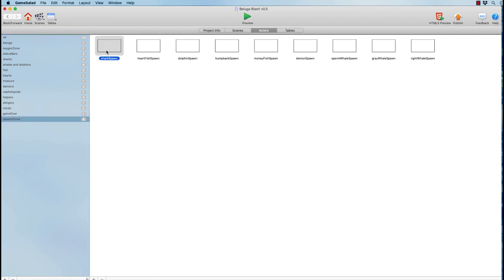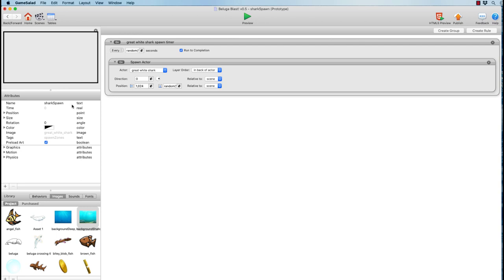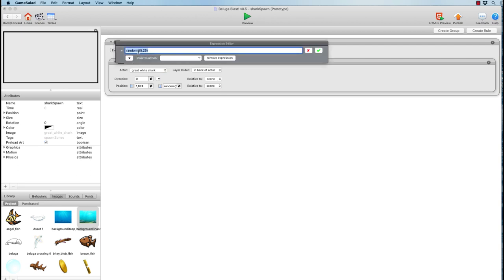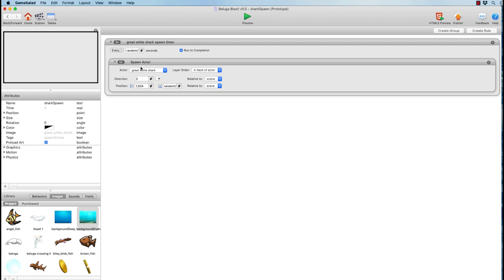So we have a shark spawn zone, and this particular shark spawn zone is an event-driven zone, so it's a transparent area that we can put anywhere on the screen. And this is a great white shark spawning timer. This is an event that randomly happens every 15 to 25 seconds, and when that happens, it will cause this event called spawn actor, which is the